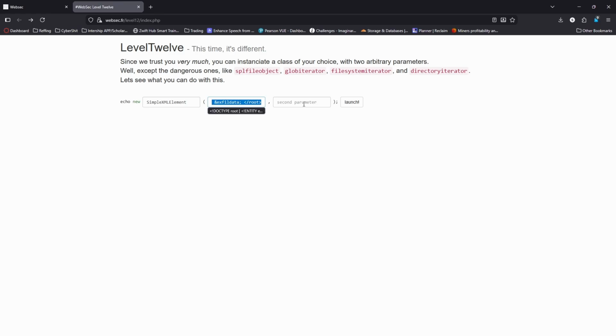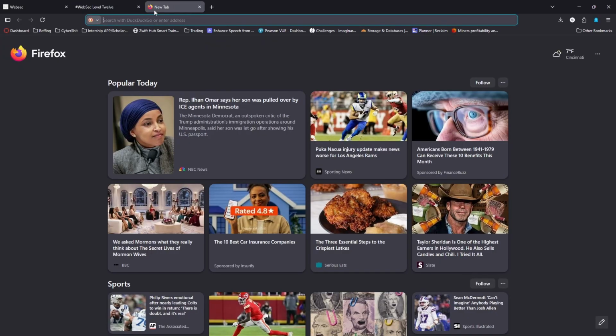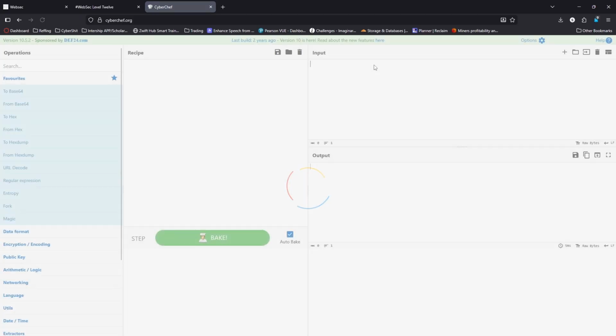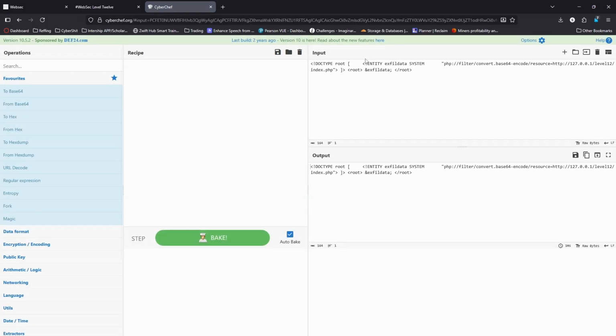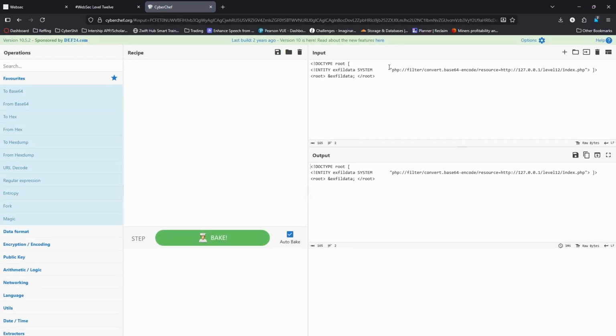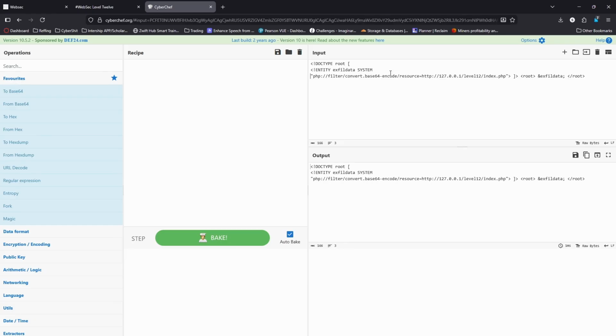DOCTYPE root. Here, I'm just going to type it out. DOCTYPE root, and then ENTITY. Actually, I'm not going to type that out. I'm just going to put it in CyberChef to make it easy. Here, this is what we're doing. Let me clean this up a little bit. So we're just writing XML for the root, and then naming it exfil data, and then all we do is run this where we